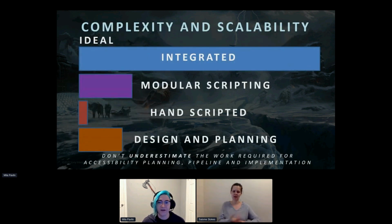So, working on a AAA game presents unique problems of scale. Maintaining accessibility across multidisciplinary teams is hard enough on small projects, but with AAA, every small problem is amplified. With a mission to create the most accessible products, we must start looking at integration of accessibility into the core of the design. And so I'm going to use this chart to show the ideal that we were looking at